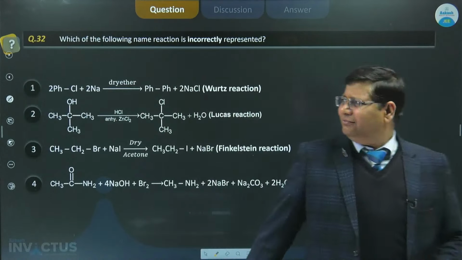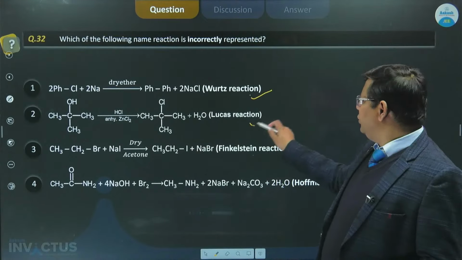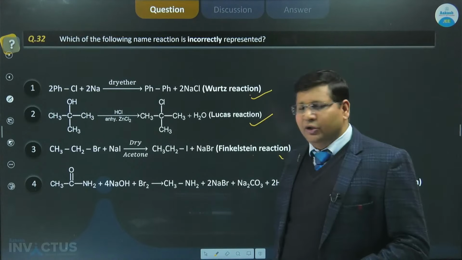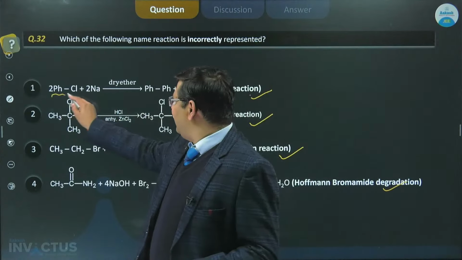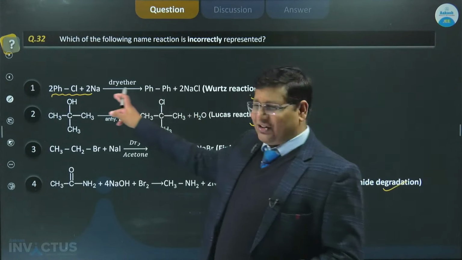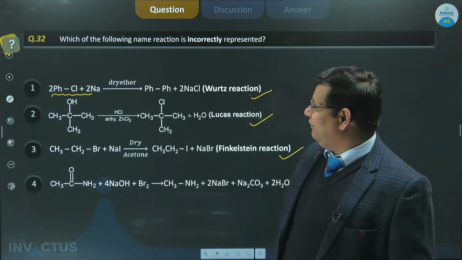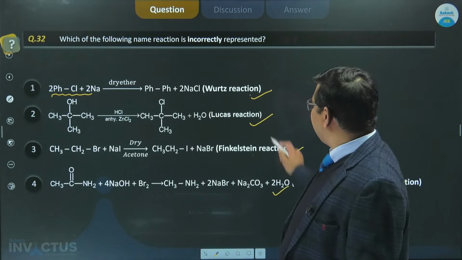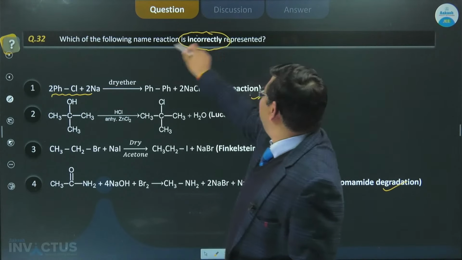तो now let's move to the next question। तो इन नेक्स्ट क्वेश्चन again there are some reactions given where famous name reactions are given: Wood's reaction, Lucas reaction, Finkelstein reaction and Hofmann bromamide degradation। तो देखो जिस बच्चे को यहाँ नेम रिएक्शन याद थे तो वो डायरेक्टली समझ जाएगा कि भाई एरोमेटिक हैलाइड्स में जो अराइल हैलाइड्स होते हैं, they do not give this Wood's reaction, right? तो C-Cl बॉन्ड के कॉन्जुगेशन के कारण, फिनाइल डॉट की लेस स्टेबिलिटी के कारण। तो इन दिस केसेस में ये करेक्ट लग रहा है, ये करेक्ट लग रहा है, ये करेक्ट लग रहा है, यही इनकरेक्ट है देखो आपका। तो इसका मतलब incorrectly represent।